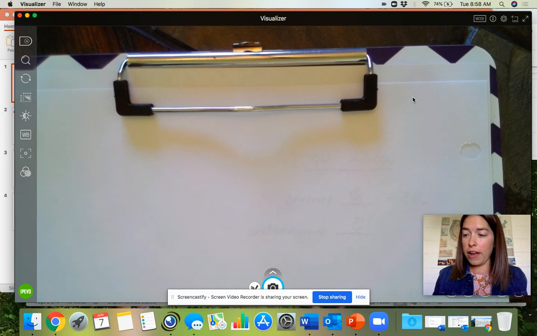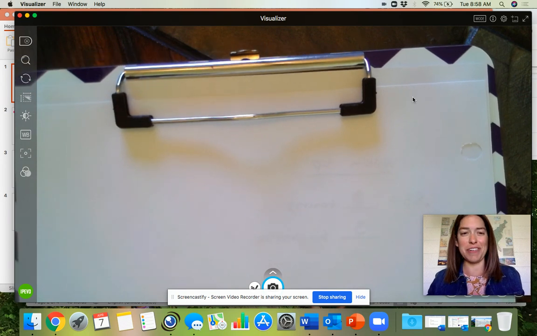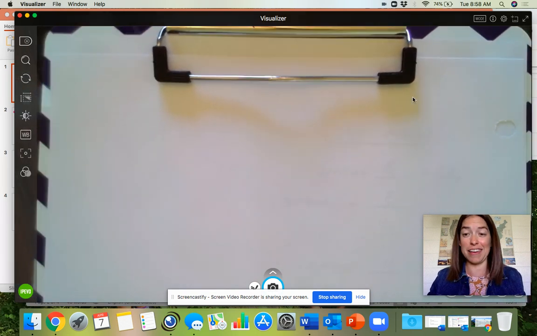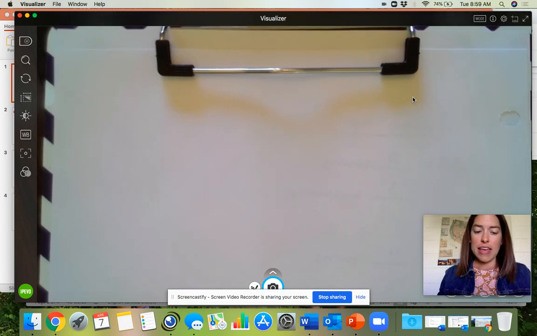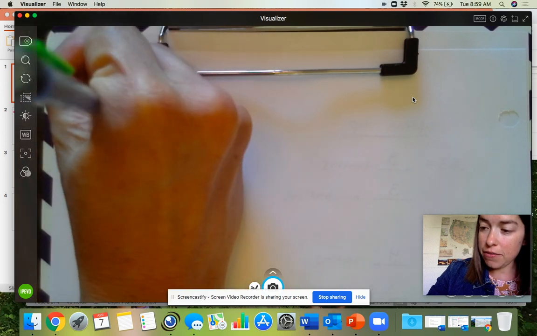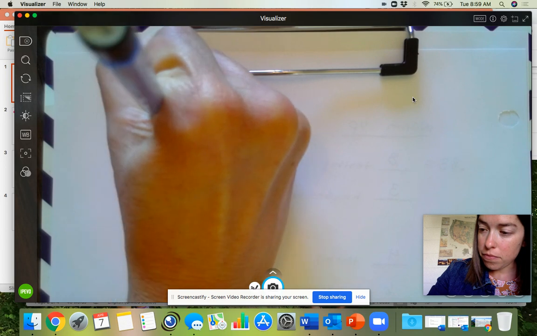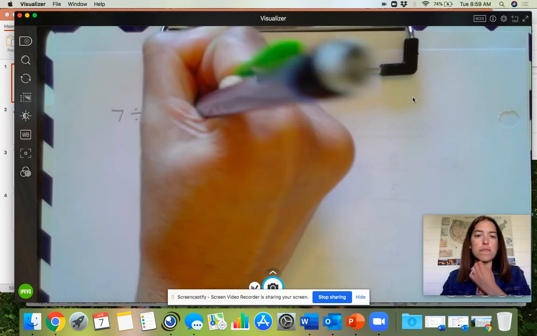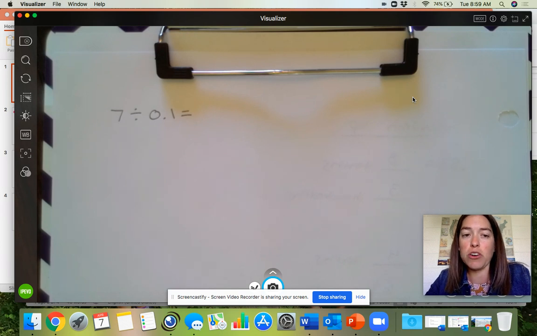Problem number 1 that we're going to solve today, first decimal division problem. Go ahead and write it down with me. The first problem that we are going to solve is 7 divided by 1/10. All right, make sure you have that written on your paper. 7 divided by 1/10. The very first thing that we are going to do is we are going to rewrite